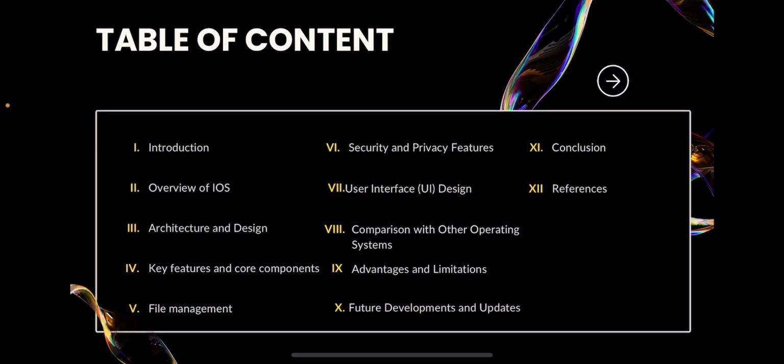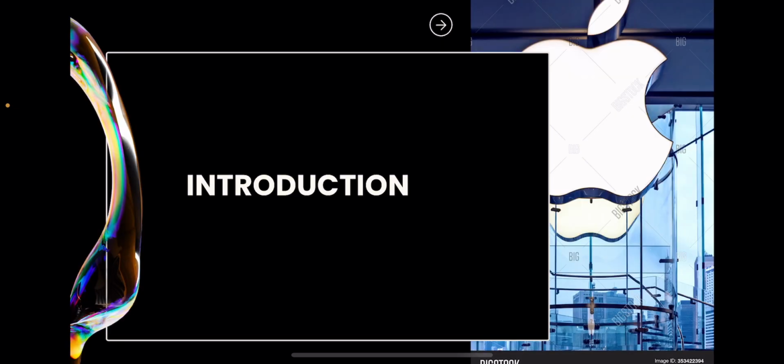Today we're going to go through a little introduction, an overview of iOS, architecture and design, key features and core components, file management and device management, security and privacy features, user interface design, and we're also going to go through a comparison with other operating systems, advantages and limitations, future development and updates, conclusion and references. For the introduction, iOS is Apple's mobile operating system designed for its range of mobile devices, including the iPhone, iPad,